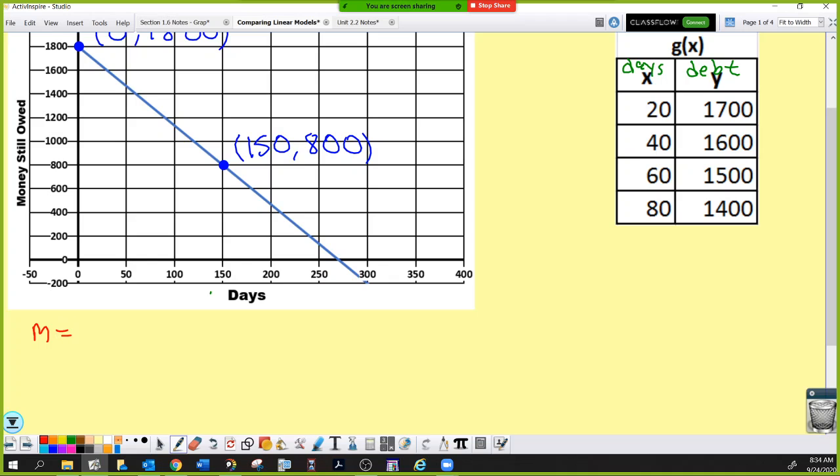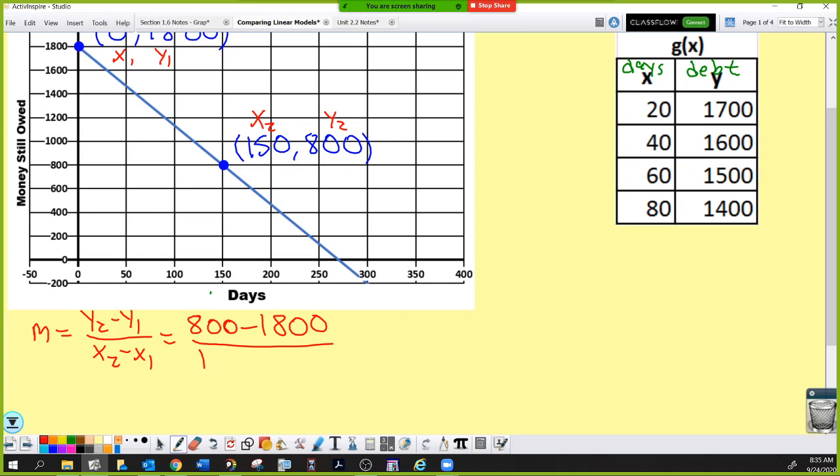M equals y2 minus y1 over x2 minus x1. You can call this one x1, y1, this one x2, y2, and it doesn't matter which one you choose to be x1, y1. I just typically say the left one is the first one. My slope is going to be found then by doing 800 minus 1800, my apologies,